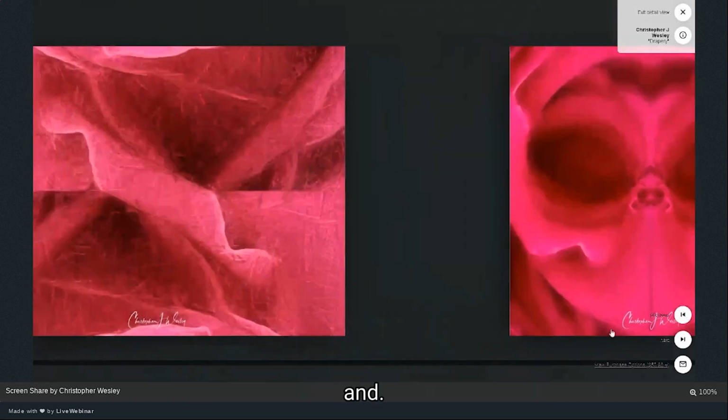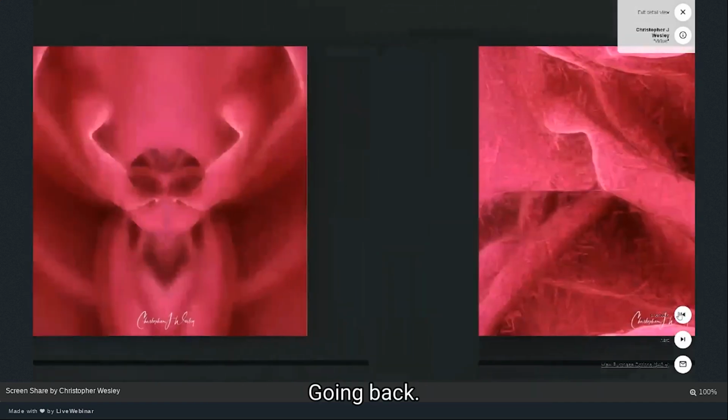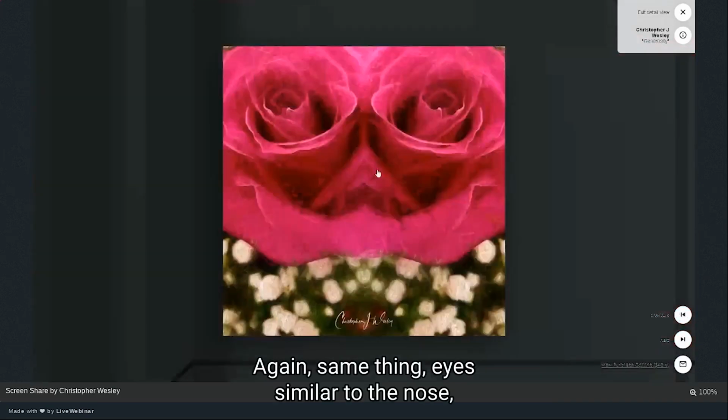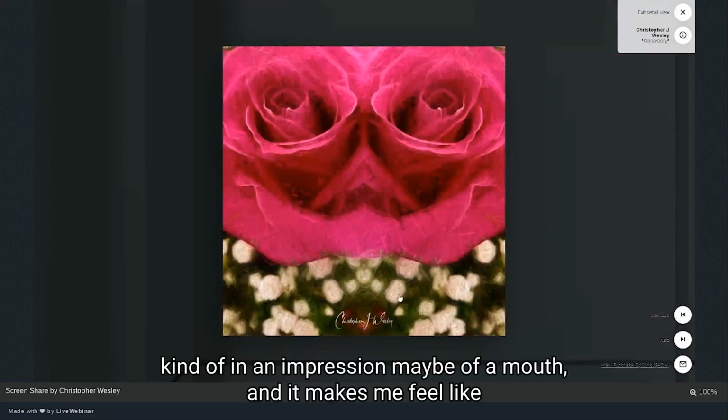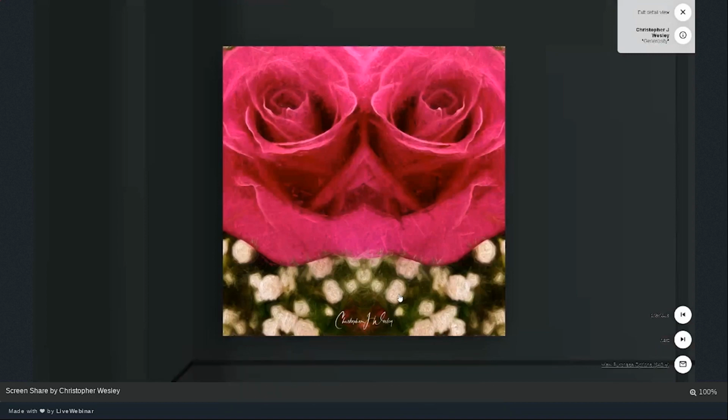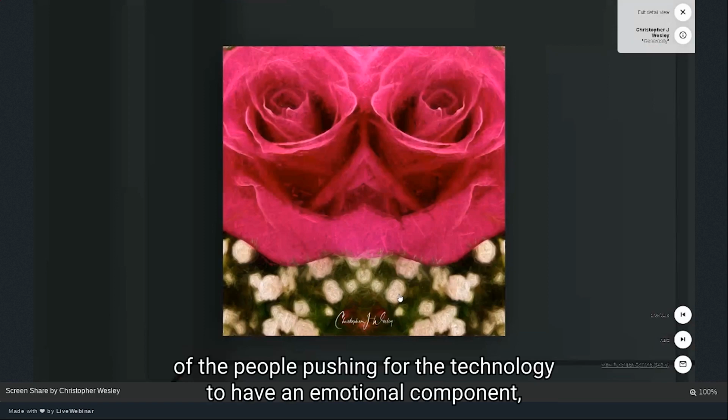And going back, again, same thing: eyes, semblance of a nose, kind of an impression maybe of a mouth. And it makes me feel like there's something, it's a little bit back to the humanity thing, but given that she's in technology, I'm starting to feel like she's one of the people pushing for the technology to have